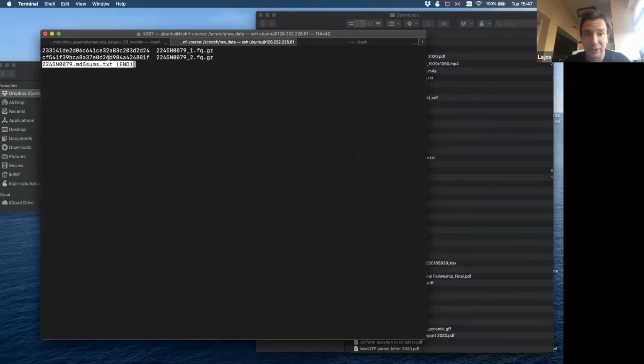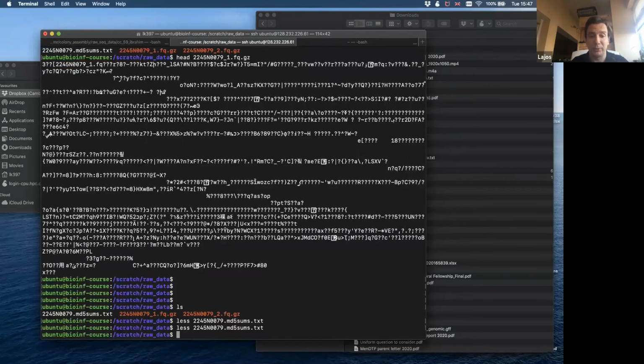So this string will be different if you have one nucleotide difference in 3 billion nucleotides. You cannot go back and find out what the original was from this, but you can see if the original thing has changed. And this is what you want to see, because it can happen that during the download